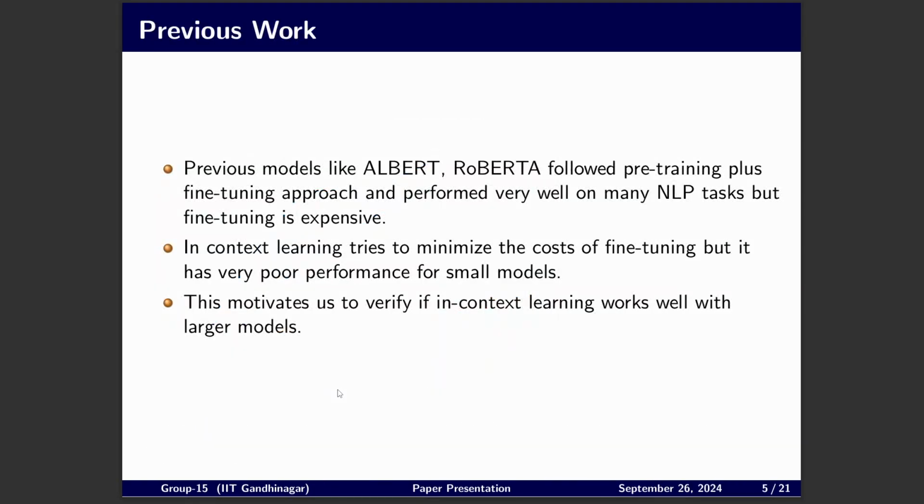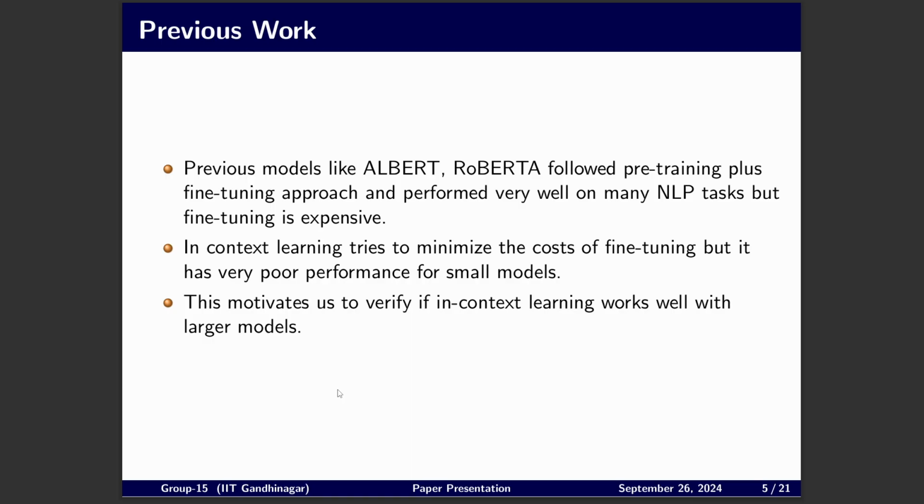So as I mentioned in previous work, ALBERT and RoBERTa were the good state-of-the-art models which were performing really well, but these were fine-tuned models. So if you really wanted the model to perform a specific task, it was fine-tuned with the help of a properly labeled dataset. So this is very expensive and it's not a very encouraging way if you want to look for models which are task agnostic, in the sense that the same model can perform different tasks comfortably. So in-context learning tries to do away with fine-tuning,